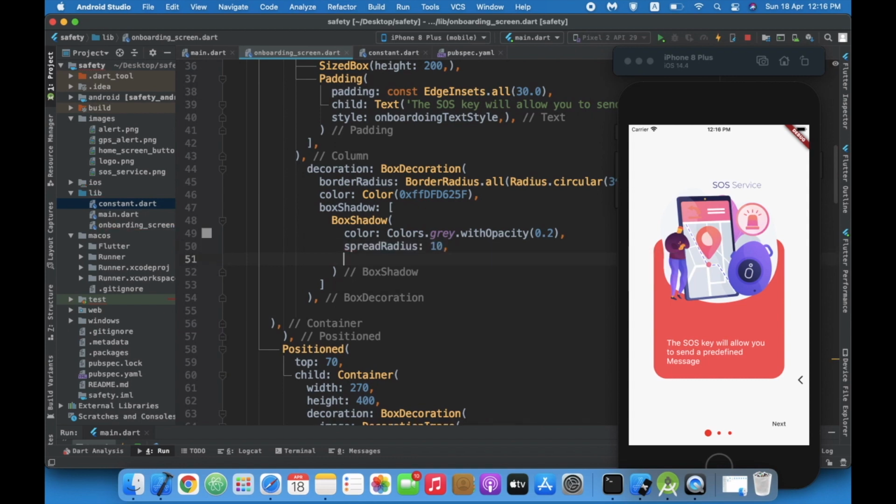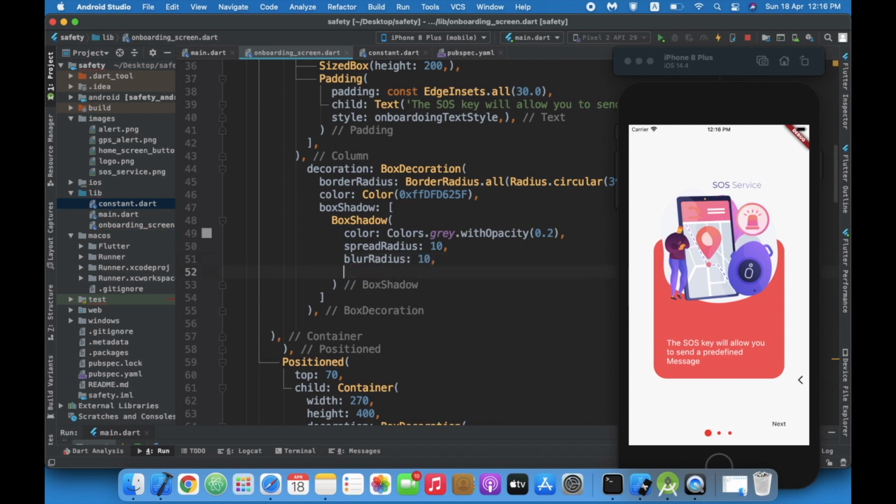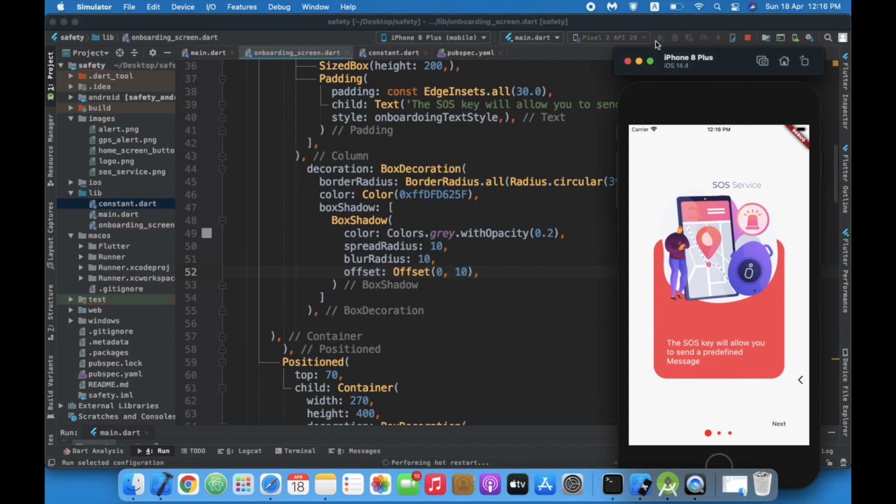Spread 10, blur radius 10, and offset will be offset 0, 10.